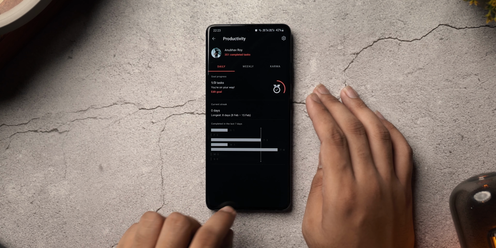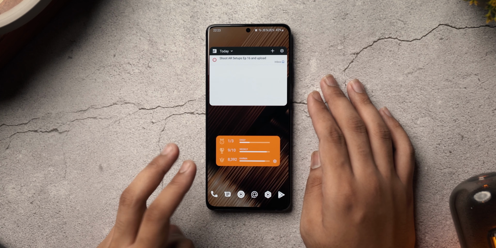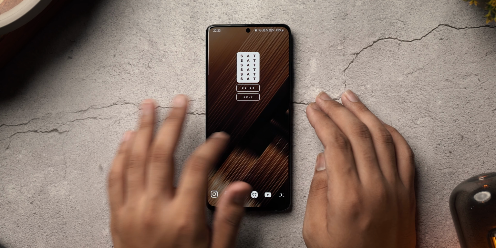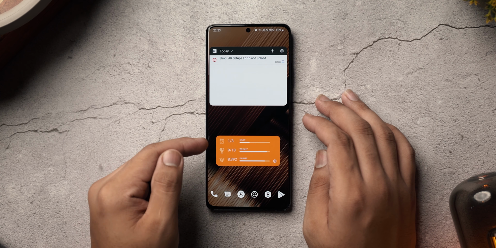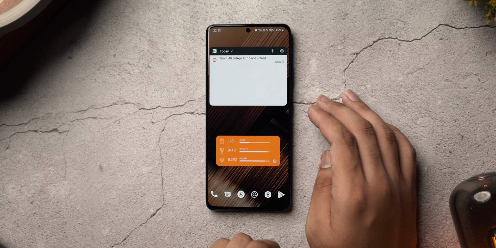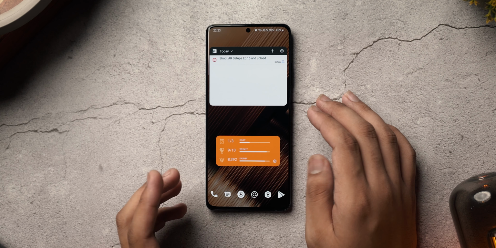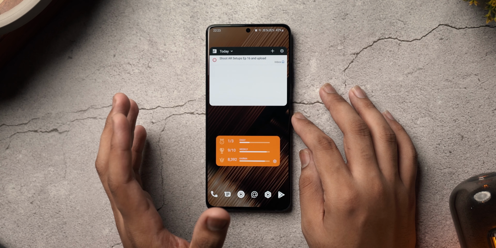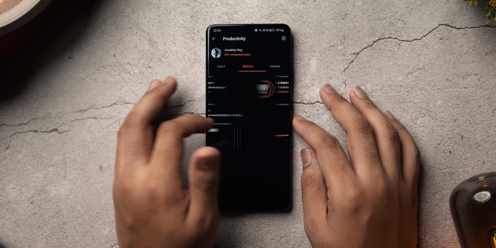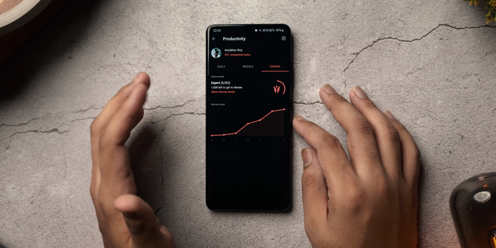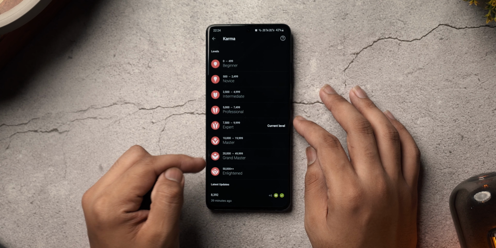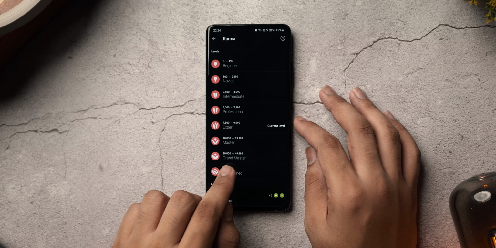Already have 351 completed tasks, and the two widgets are the tasks widget, where I can easily add or remove tasks on the go as soon as I unlock my home screen or as they come to me. And the one on the bottom is more of a progress widget, which shows me if I'm on track to finish my daily tasks, my weekly tasks, and my karma, which is basically a very nice achievement sort of a section where you finish a task, you gain karma, and your level increases. It's a great way to keep yourself motivated to increase your karma by completing as many tasks as you can. Currently at expert, but let's see how long it takes me to hit the enlightened level, which requires 50,000 plus